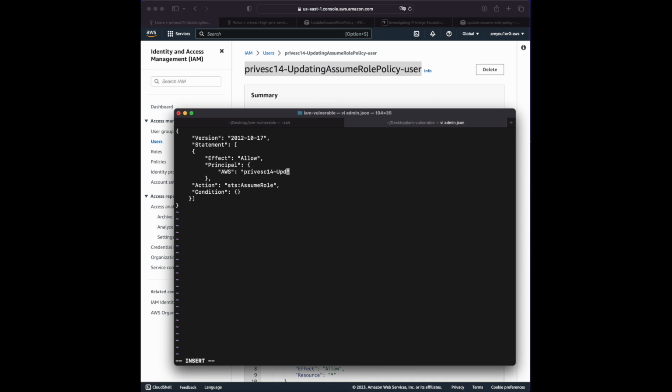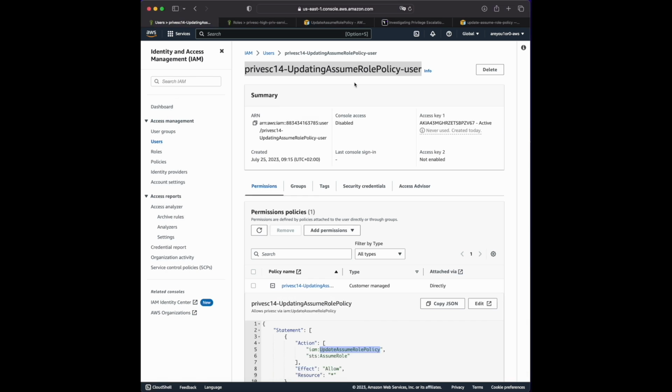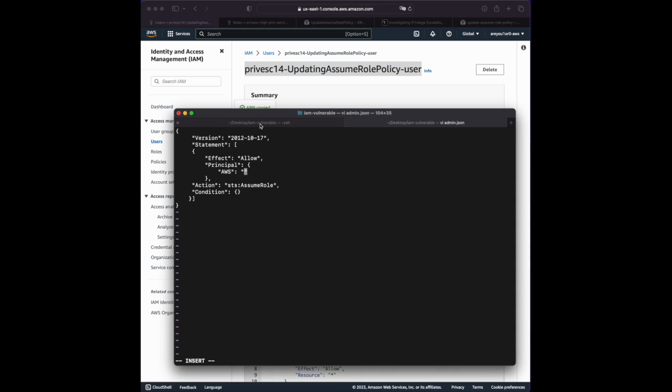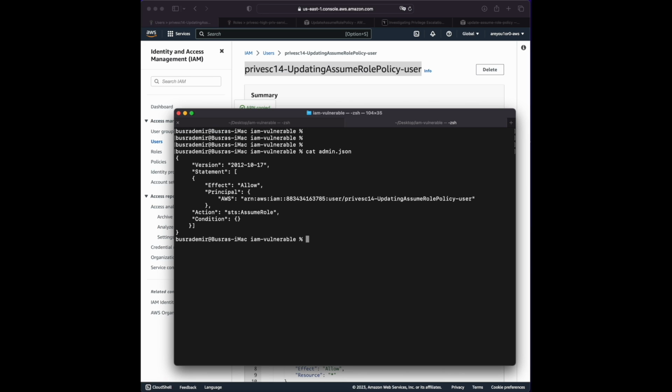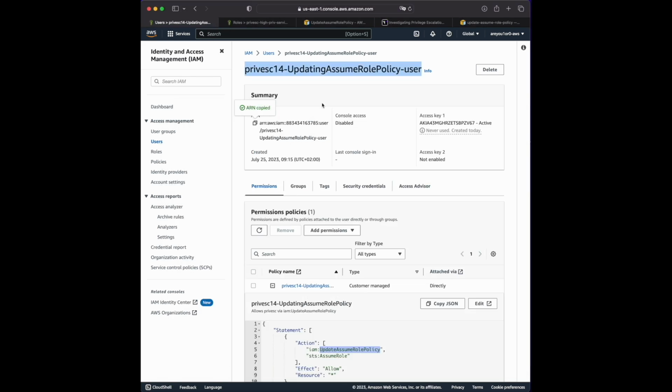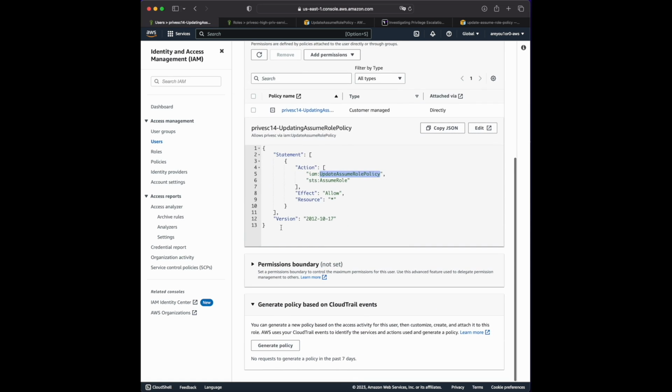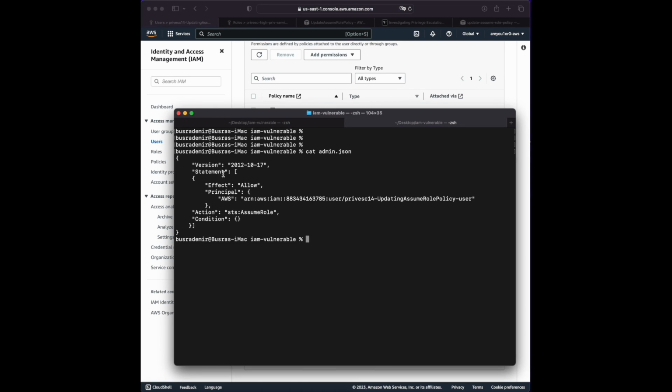You just need to update the principal with this PrevEsc14 user's ARN, and for STS assume role, you also need to write a condition, but we don't specify anything. It's just empty. So now this is our content. If you want to look at it one more time for STS assume role, and let's send our command